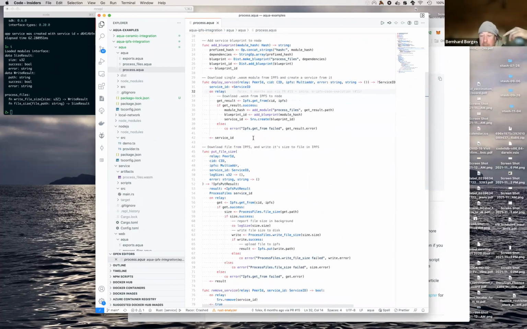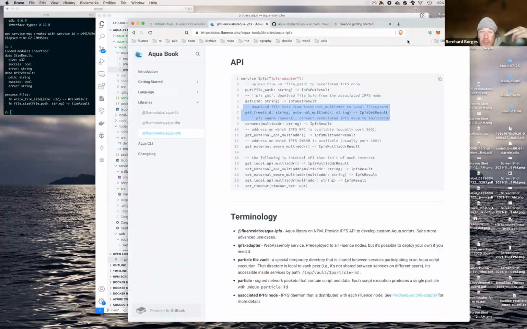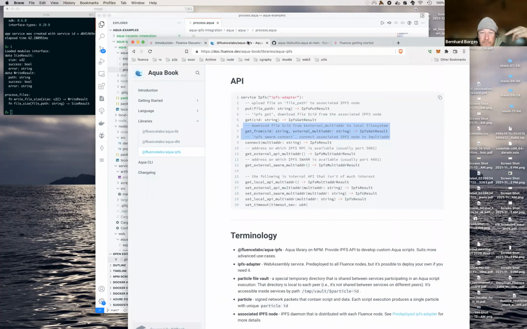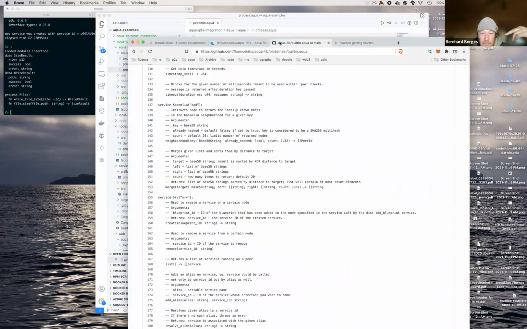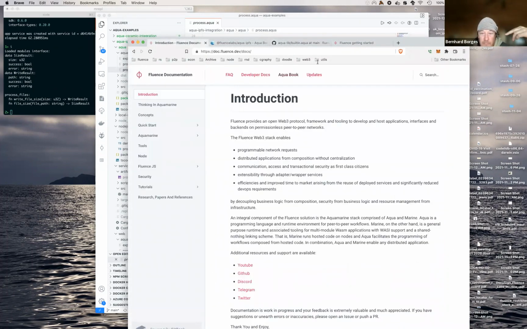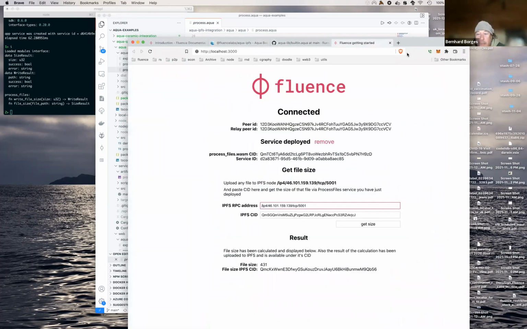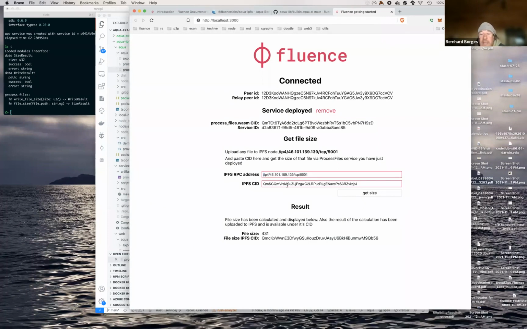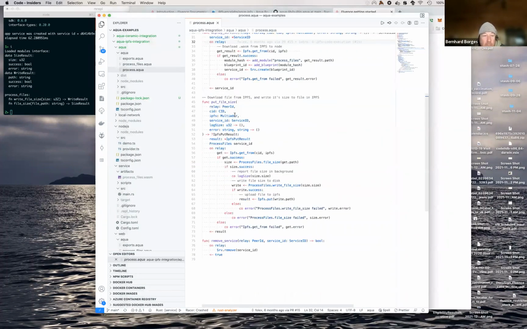Once we have all that in place, we deployed it. I showed you how to now just put in different file CIDs, and we just keep calculating the result. And this is what we're doing here.